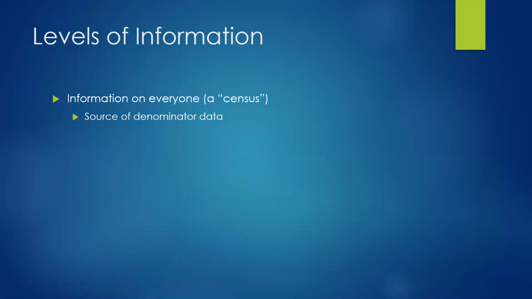So to begin, as we said in the last module, ideally we would be able to collect information on everyone in a population, also referred to as a census. This is a good source of denominator data, and it also assures that our data reflect the entire population. But in general, we are stuck with collecting information on only a sample of people. It's often not feasible to collect information on large numbers of people or to contact everyone and get them to